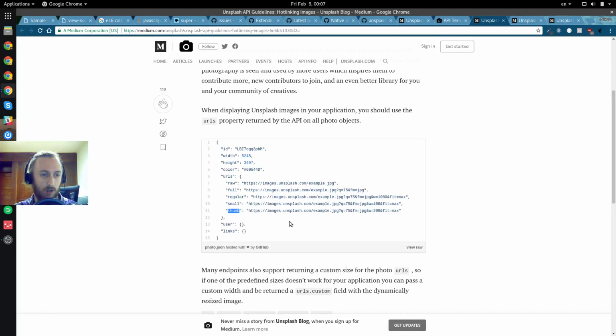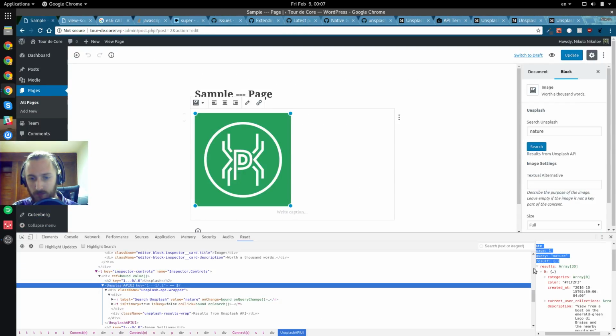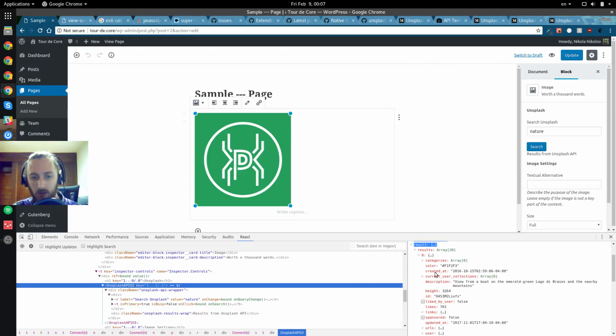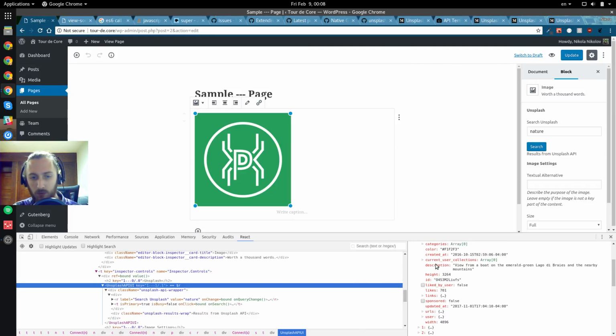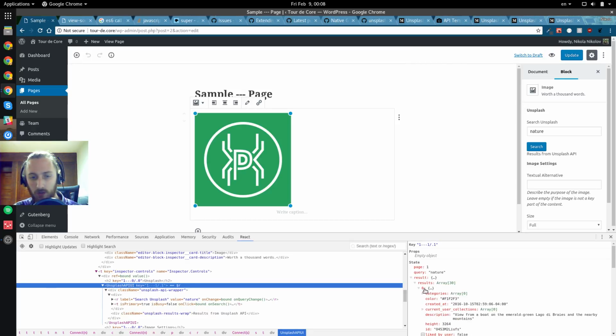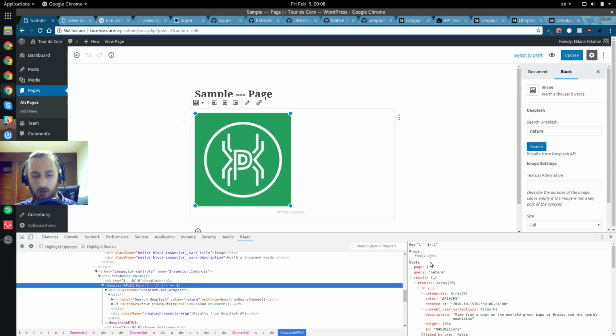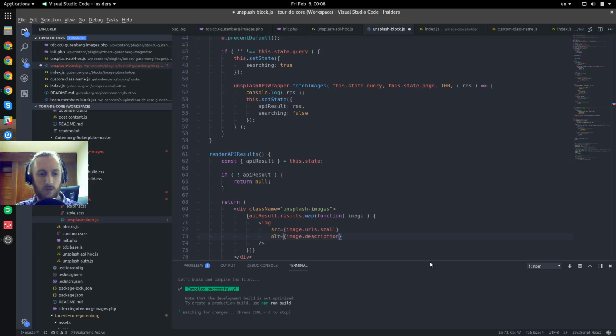and then our alt will be, hold on, we had something in here. We only have description. I guess we only have description. Okay, that's fine. Yep, small. There we go. Cool. Yeah, just the description. Alt equals image dot description. Okay, and